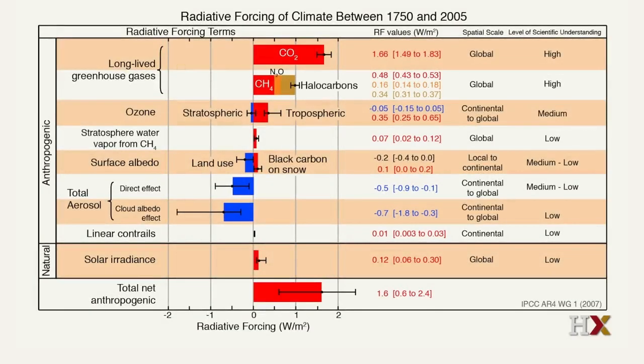Because we know that sulfate aerosols have a relatively short lifetime in the atmosphere and the carbon dioxide accumulates for very long periods of time, indeed a lot of it's going to be there for tens of thousands of years, it means that in the long run the greenhouse effect of CO2 is ultimately going to win, and the radiative forcing is going to be much, much larger than the small radiative forcing associated with changes in the sun.